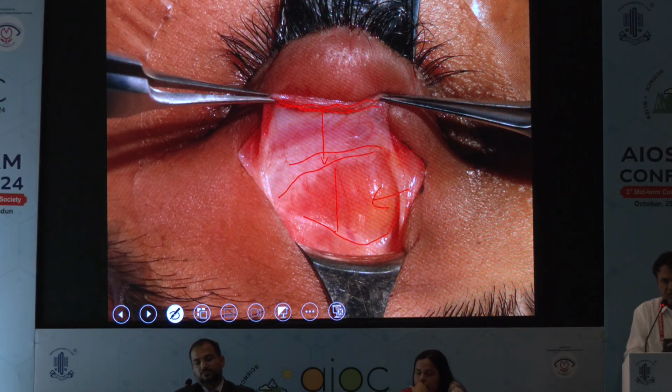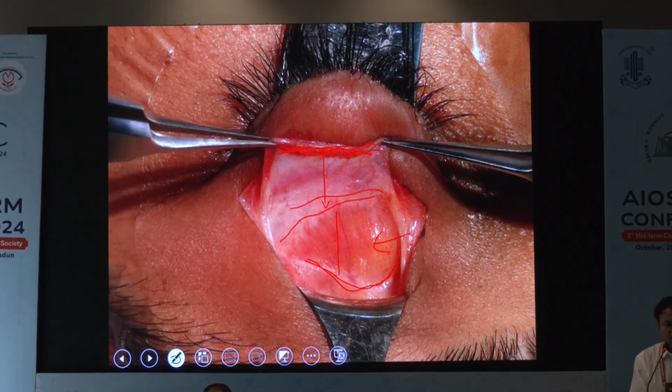This edge was towards the septum. That happens because this edge got disinserted from the tarsus and it flipped back and got attached to the septum. This is a curious finding. Initially when I saw it, I thought this could be just a freak case, but over a period of time,